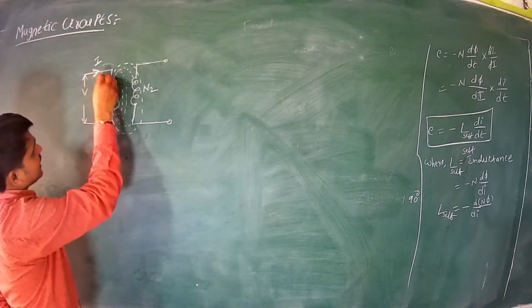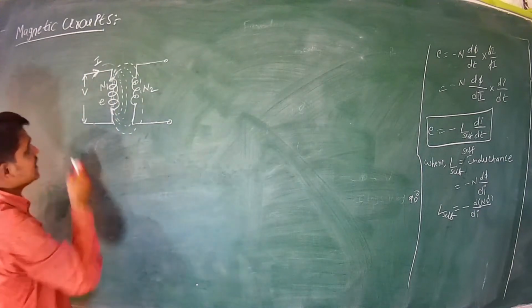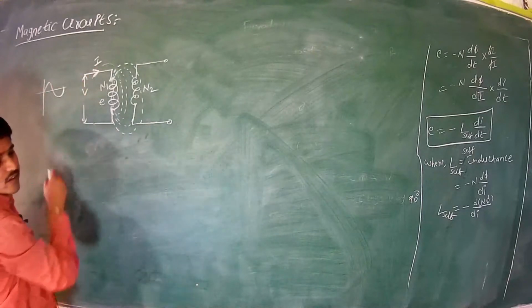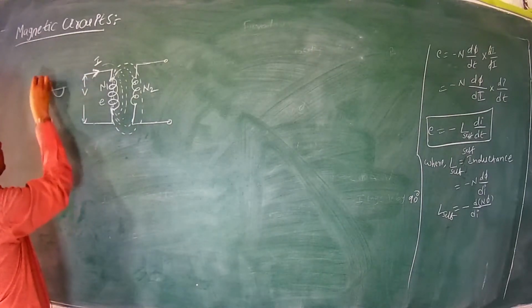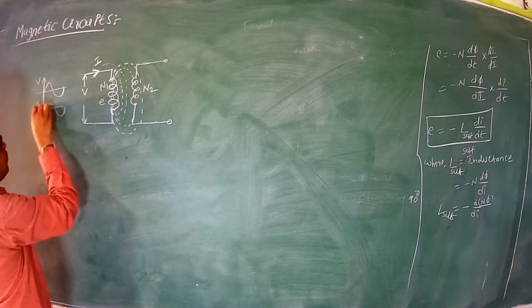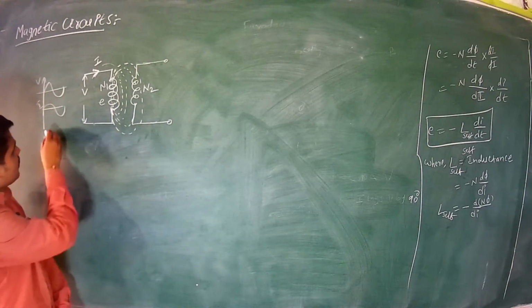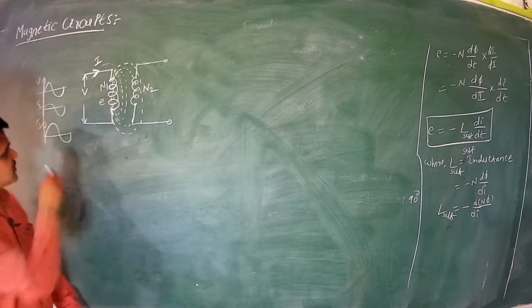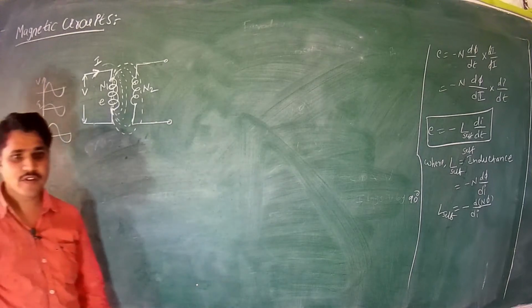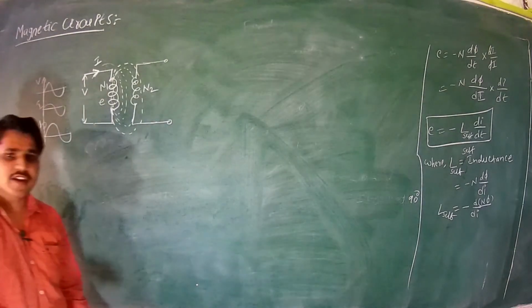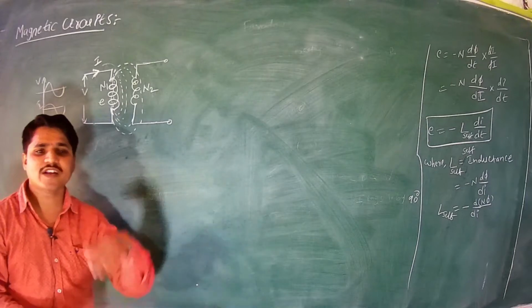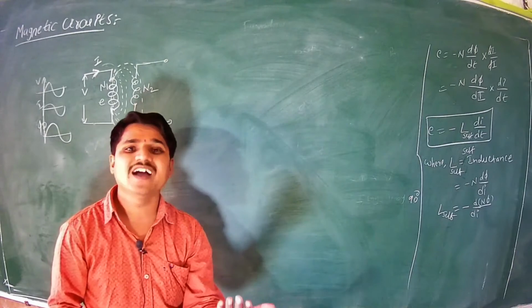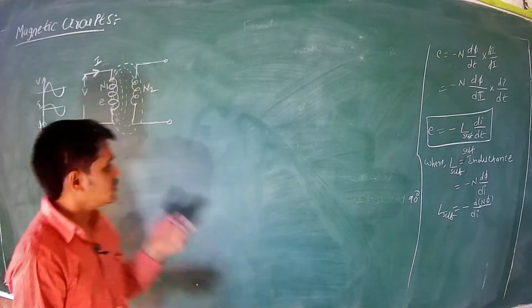Now of course, whenever the current is changing in the primary, changing current means alternating current. So again we are changing because of this alternating supply. So alternating current is flowing in the coil, therefore the flux generated is also alternating. So whenever the flux generated is alternating, the flux linkage is also alternating. The rate of change of flux linkage is the only cause of the EMF production.